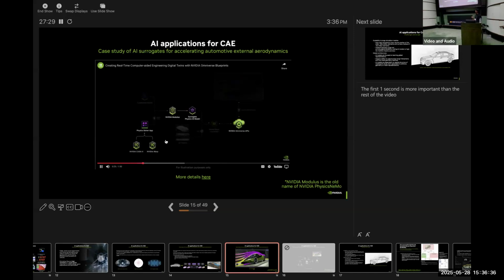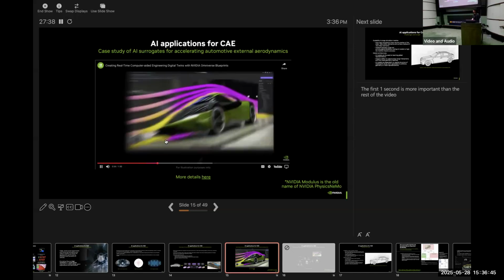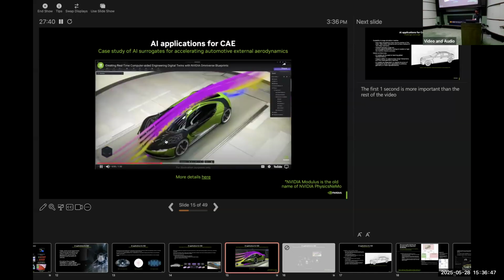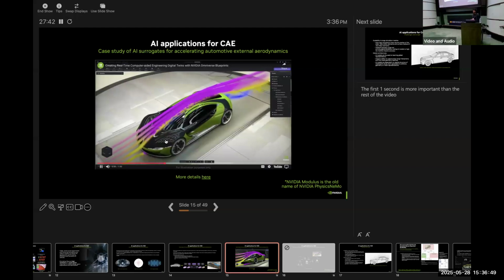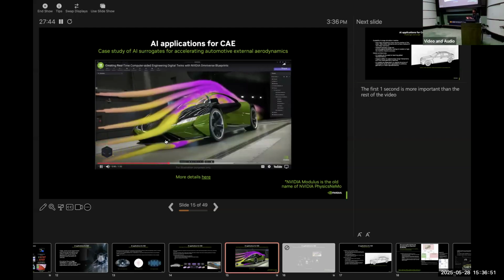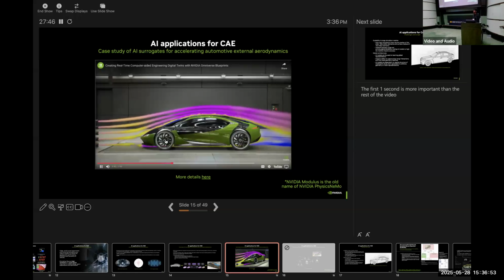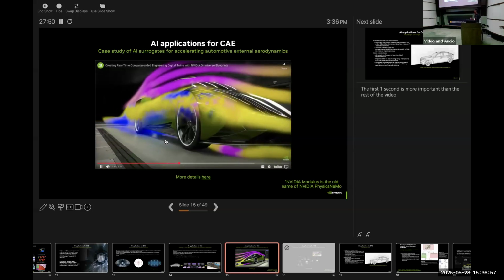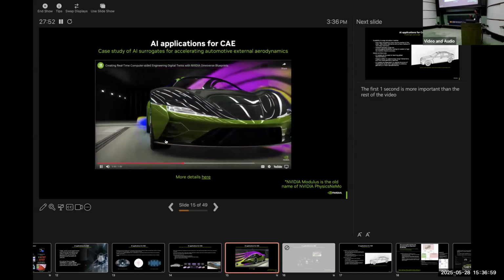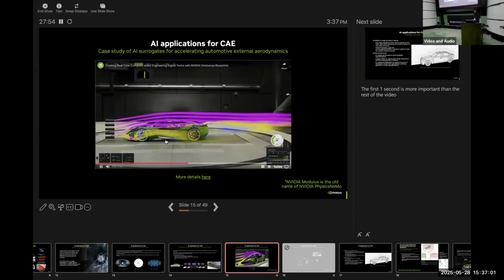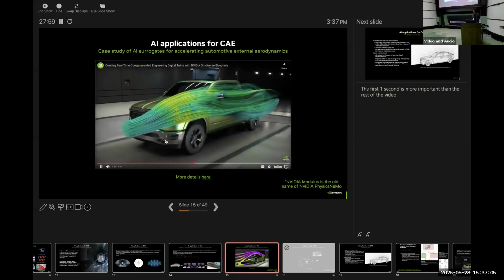Then you develop training data sets using that GPU accelerated solver or GPU accelerated computation, and then you can train some of these AI surrogate models. Then you can plug all of these things together in NVIDIA Omniverse, what we call, which allows you to do photorealistic rendering and visualization, and so you can basically do interactive simulations and interactive design space exploration as you go.